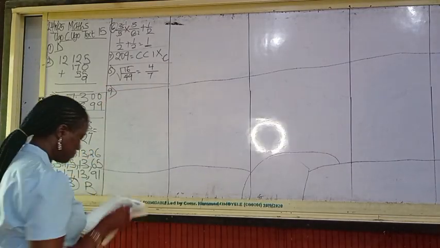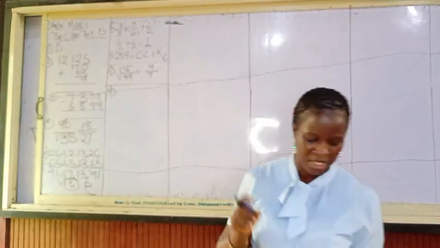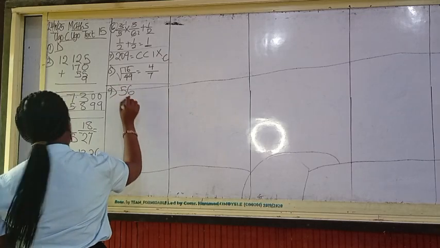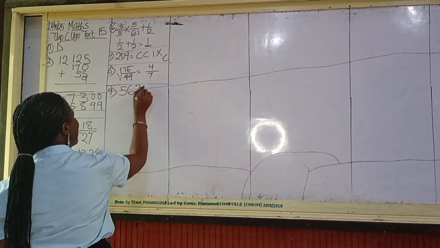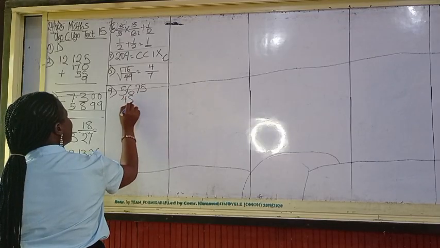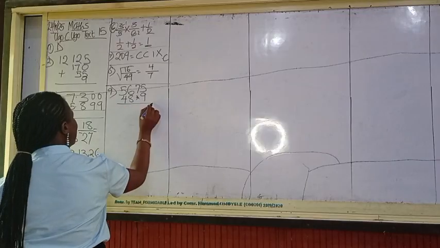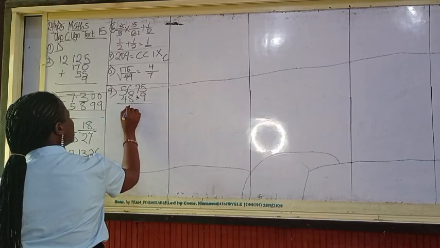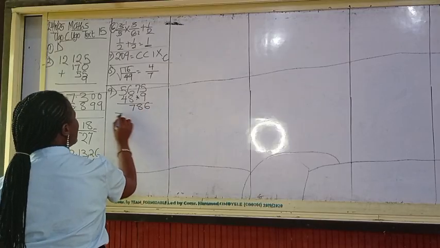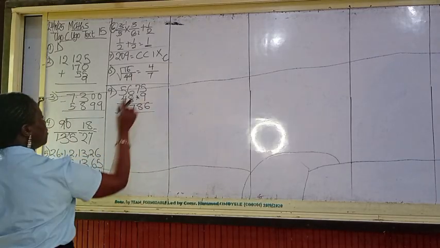Number 9 says, find the missing number in the following sum. So we have 56, 75, we have 48, something missing here, we have 9, and our answer is 786. So what are we going to do to get the missing number? What you have to do is take away this from this, and that is